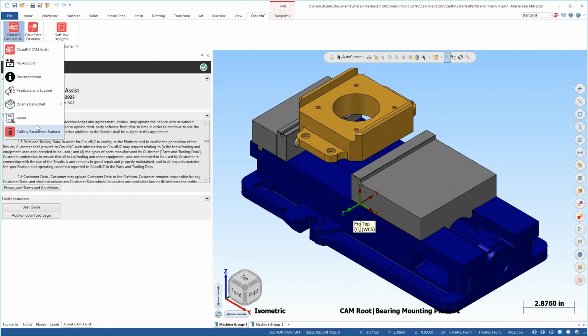And then the cutting parameters explorer here, this won't really be in effect until we have some toolpaths on our job. So we'll cover that in a minute. Okay,